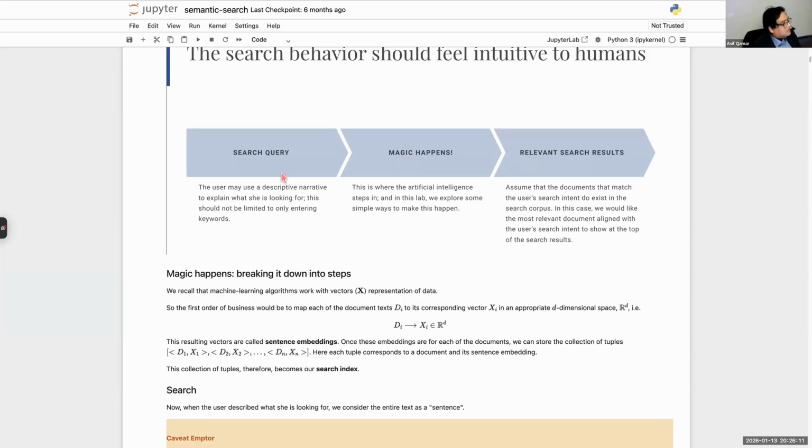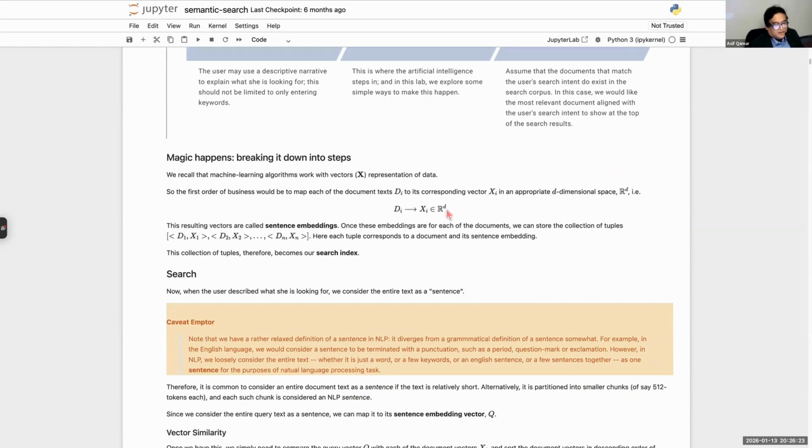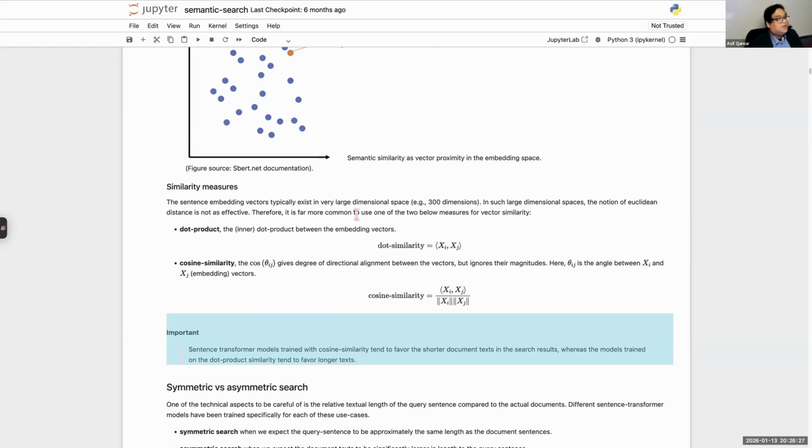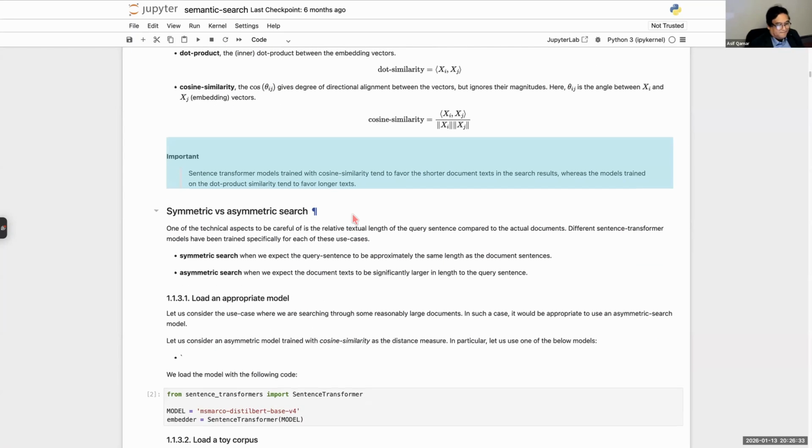Right? The beauty of AI search, semantic search, is you can semantically express what you're looking for. The machine will magically figure out the right documents and give it to you. We talked about this magic, how it happens. It goes into vector databases, k nearest neighbor search. This is all, by the way, part of the RAG GitHub, right? So you'll get it. Does this all now make sense to you?